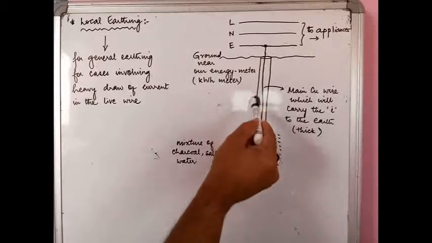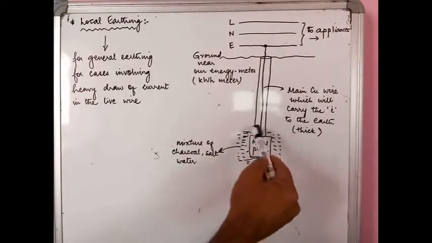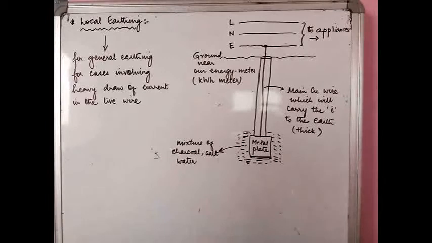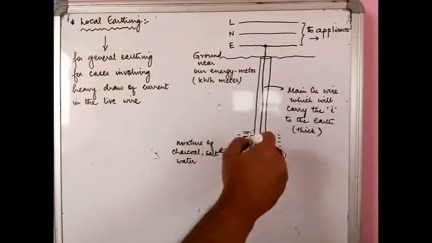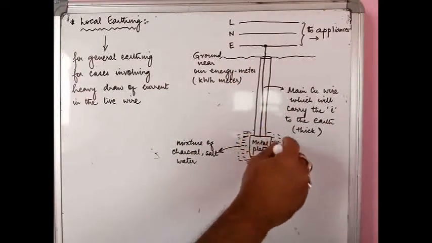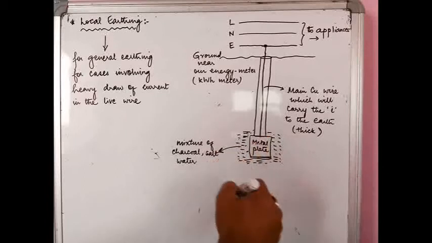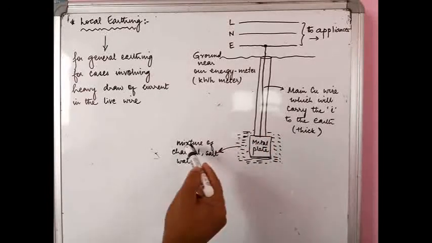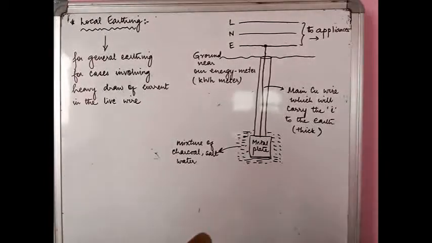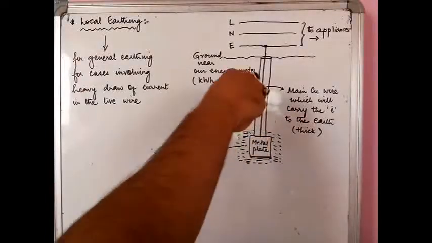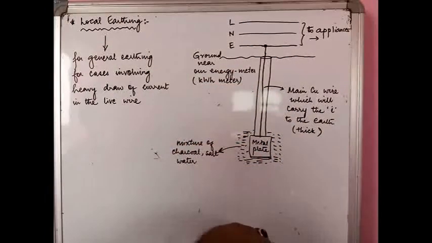This wire itself will not suffice, so you need a large surface area metal plate. It will be dug deep inside, 2 to 3 meters deep, and this wire will be connected to the metal plate. Around this metal plate it is all earth area, a muddy area, so you need to have a mixture of charcoal, salt and water. Why salt and water? Because that provides a conducting pathway for all the charge to get into the earth. Because what is earth? It is mud, simply soil.